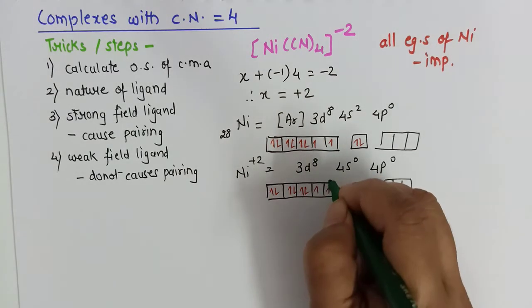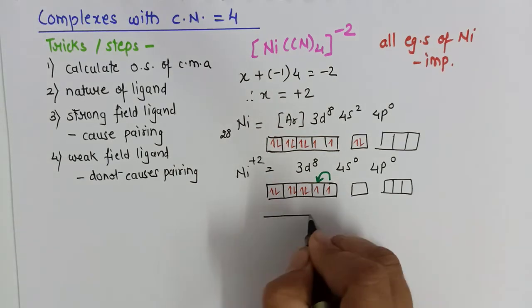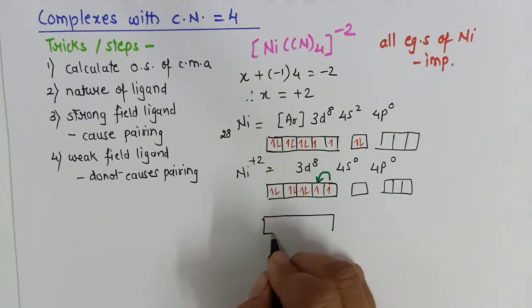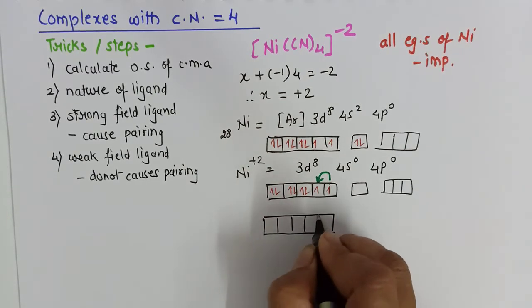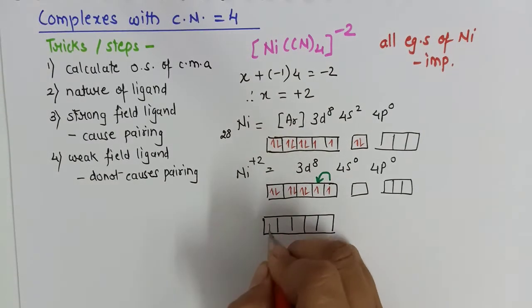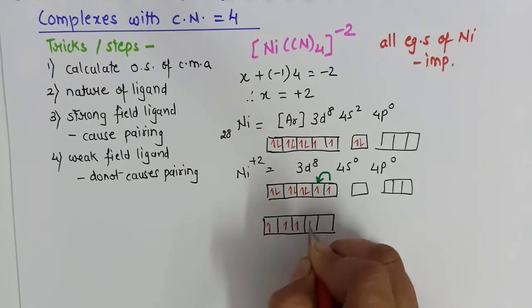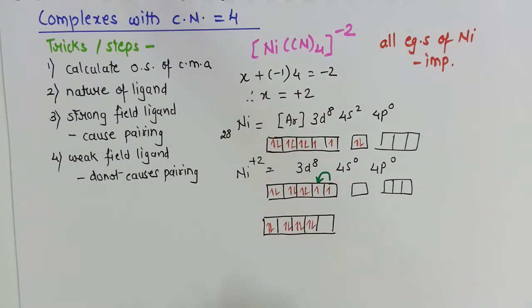This electron moves here. We know the 3d orbitals are degenerate orbitals, so stability increases because of the pairing. Okay. So now the configuration changes. The configuration does not change; this arrangement changes. Now this will get paired up. The initial remains as it is.